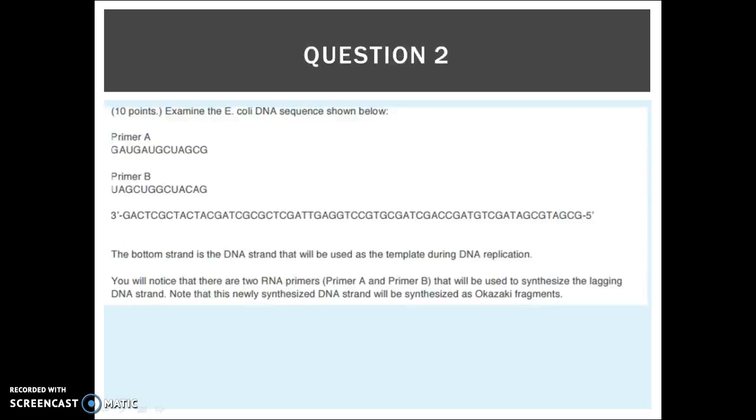So question 2. Examine the E. coli DNA sequence shown below. So we see 2 primers and the sequence. And the bottom strand is the DNA strand. So yeah, those are the 2 sequences. And